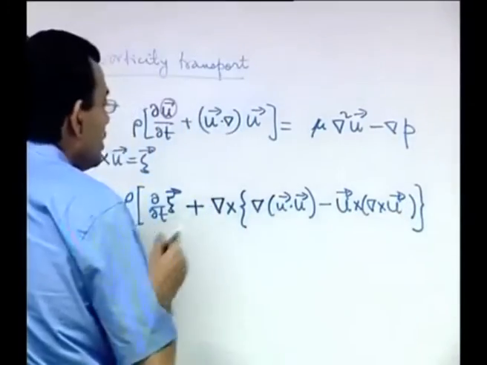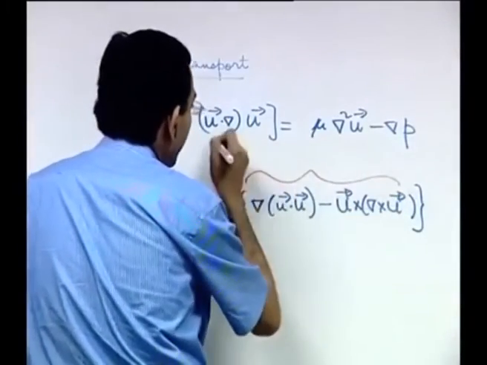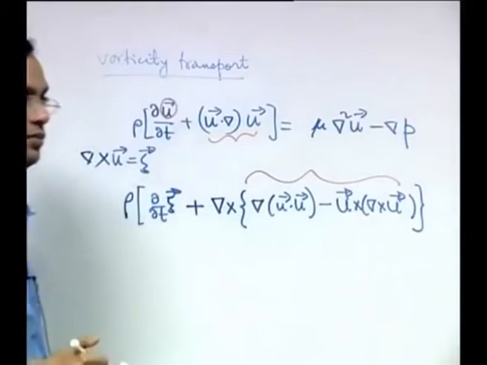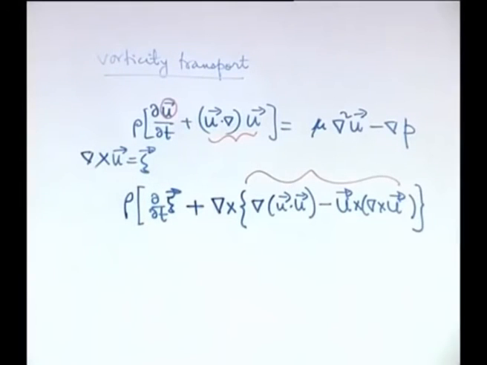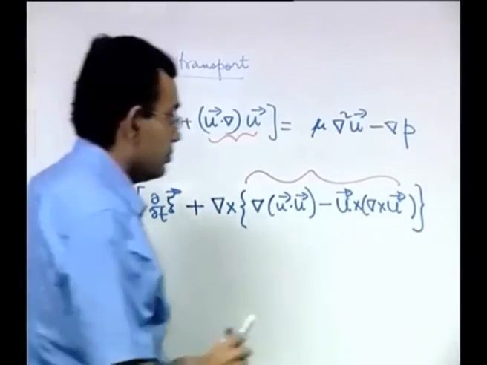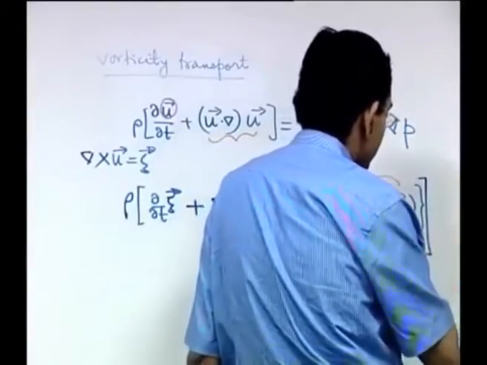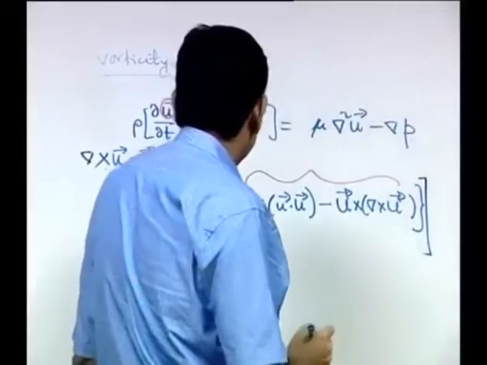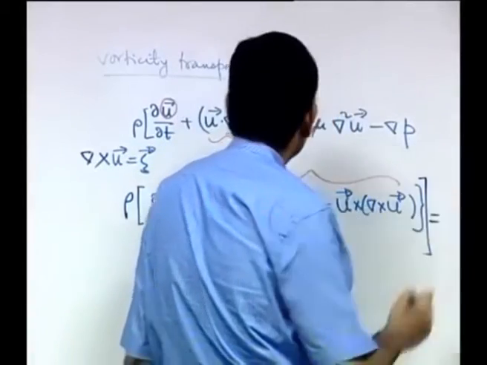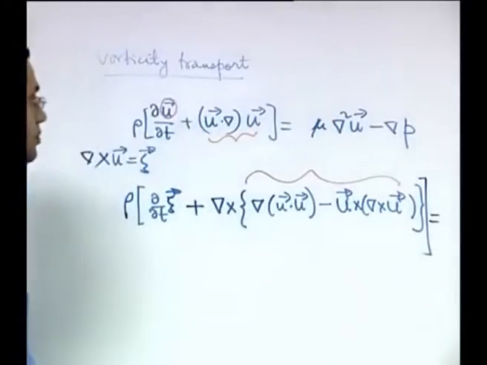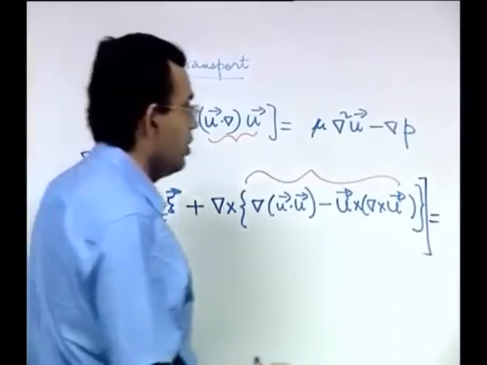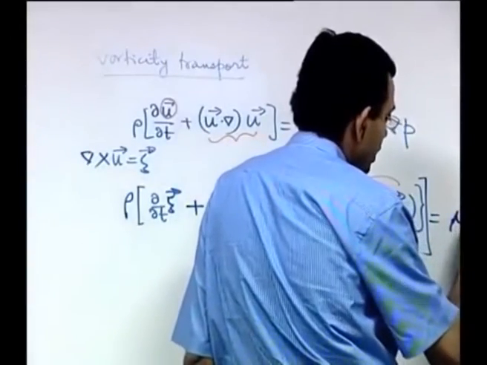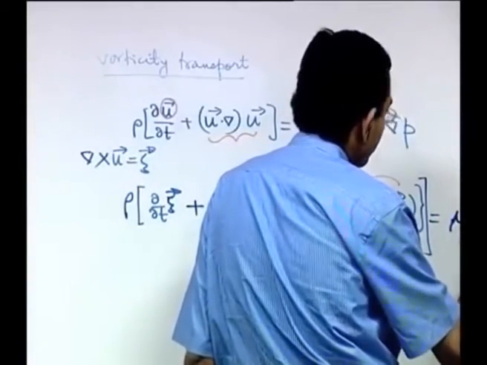This is a vector identity to write this corresponding term. Now, the right hand side will become mu del squared zeta minus